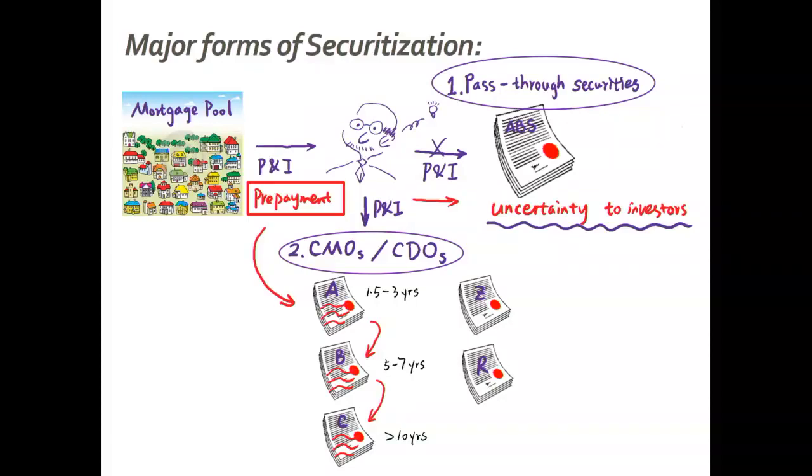Any idea? Increase, because you receive reinvestment income from those extra cash flows, right? The higher the market interest rate, the more reinvestment income you receive. So you see, this is the most distinct feature of class R bonds. We have a bond where the value goes up and down in the same direction as interest rates.